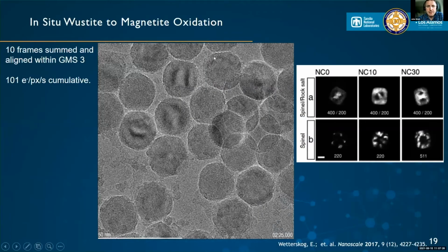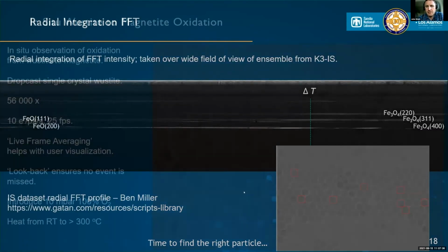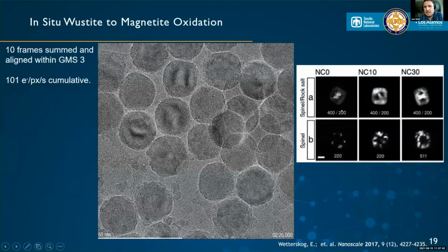So this is a video, and this is 10 frames that have been summed and aligned within GMS. So this is taking a region of interest here that looks good, and then aligning the frames. You'll see here, this is an example from literature, which is another kind of sanity check that we're capturing